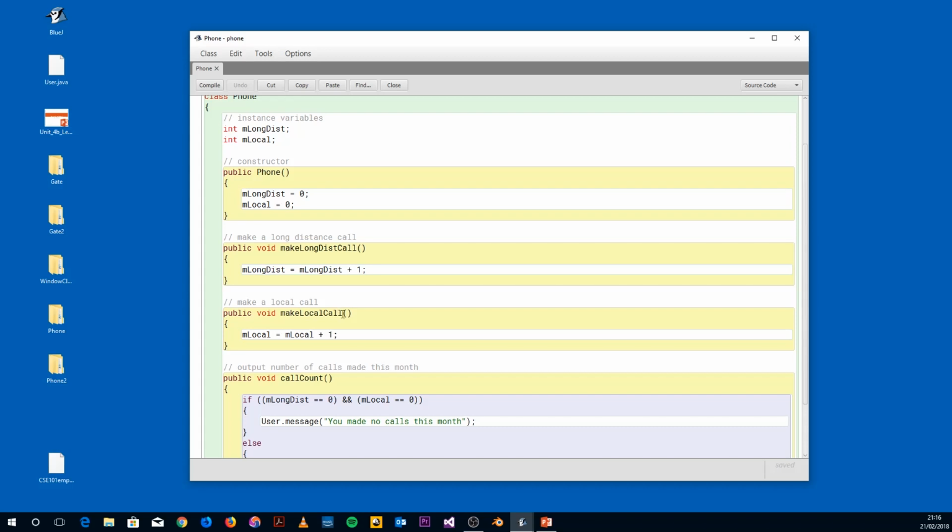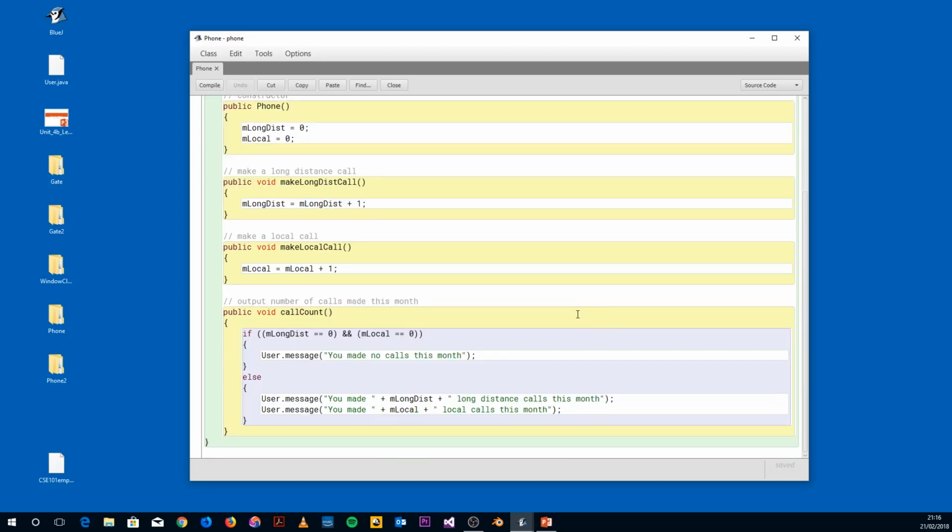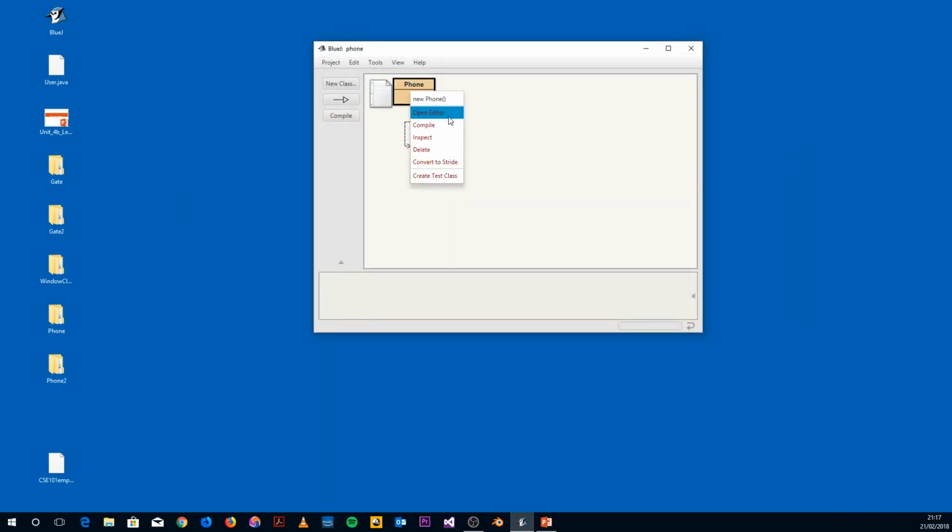If we make a local call, we add one on to the local calls variable. And in the call count, if we don't make any long distance calls and don't make any local calls, it'll tell us we've made no calls. Otherwise, it outputs two user messages which tell us how many long distance calls we've made and how many local calls we've made. So we'll do a quick compile and we'll create an instance,